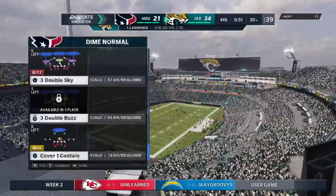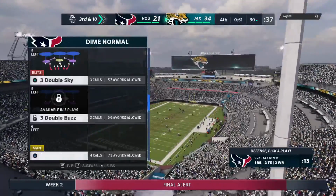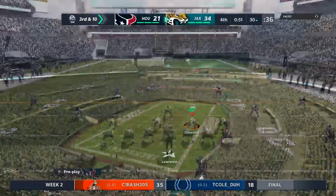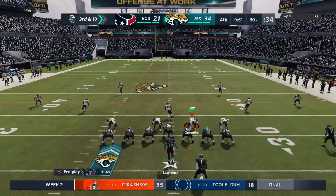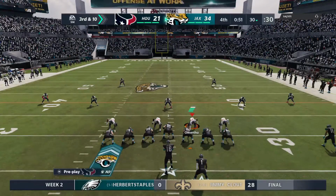And that's going to be incomplete. Good effort there, trying to take a shot, but it's 3rd down. They went with a dime look on defense. 2 extra defensive backs on the field and covered up essentially every blade of grass. That allowed them to disrupt the play. Let's make these babies